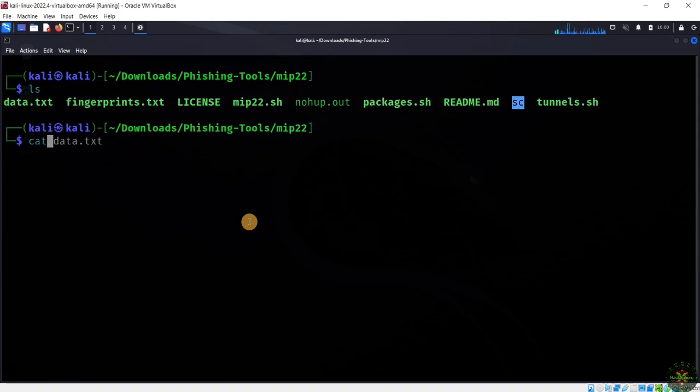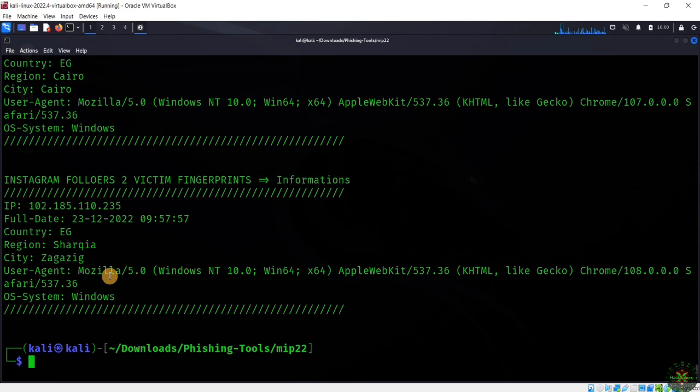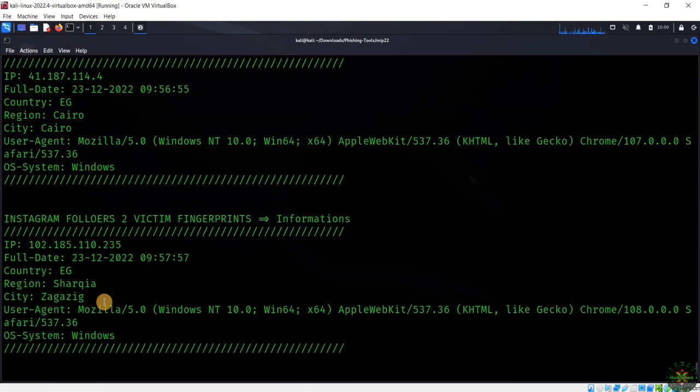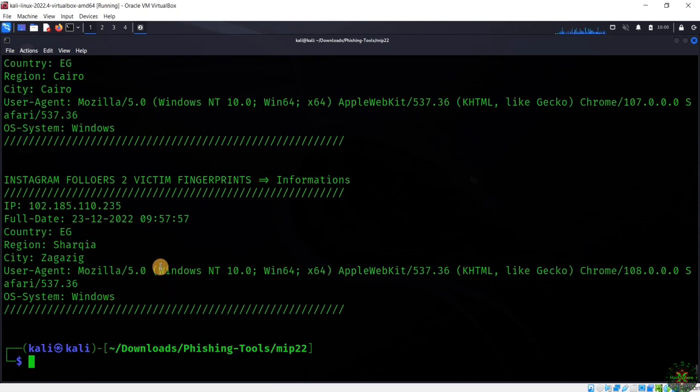And also let's see what is the content of the second file, and you will see right here all of the collected information about this target, like the country, the full date, the IP address, and also the city and the user agent, and what is the type of the browser and the operating system that this user actually was using. Okay, so all of this information was collected by just opening this hyperlink,